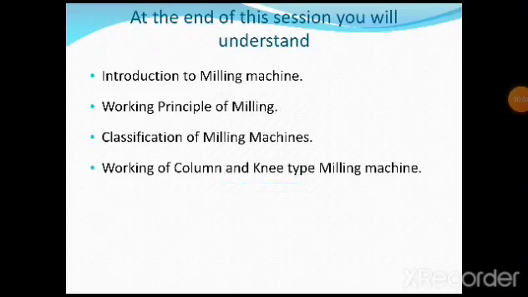Today we shall have a discussion in connection with a very important type of machine tool used in the workshops and also in the machine shops, that is nothing but the milling machines. Since in course outcome 4 we have already started discussion in connection with shaper, slotter and drilling machines, now we have come to a discussion in connection with the milling machines.